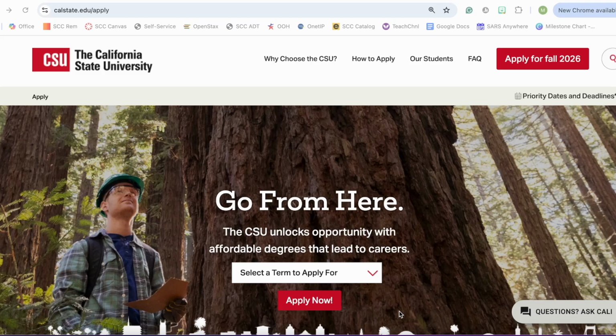Welcome. In this workshop, we're going to be doing a quick tutorial going over the CalStateApply application for Spring 2027 transfer. So this is the application for students who wish to transfer to a Cal State University, for example, Cal State Fullerton, Cal State Long Beach. You'll be using this website, so it's